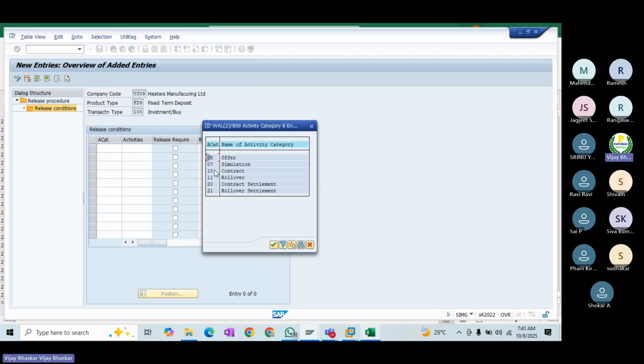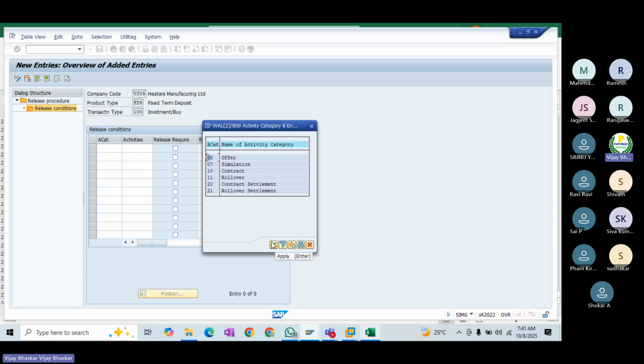At the time of creation of the deal, contract creation, at the time of rollover, at the time of contract settlement, or at the time of rollover settlement, or offer simulation. But offer simulation is prior to creation of the deal, so at that point it does not require triggering the workflow. But these four, 10, 11, 20, 21, are all valid.